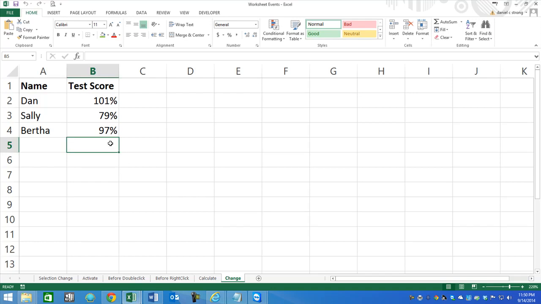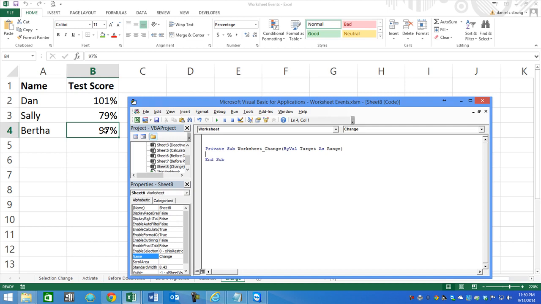Okay, so we're going to mess around with the change event a little bit. We're going to do something really mean for poor Bertha. She worked so hard for that 97% on her test score. But what we're going to do now is something a little mischievous here. Every time somebody tries to change the cell next to the word Bertha, it's going to automatically change to a